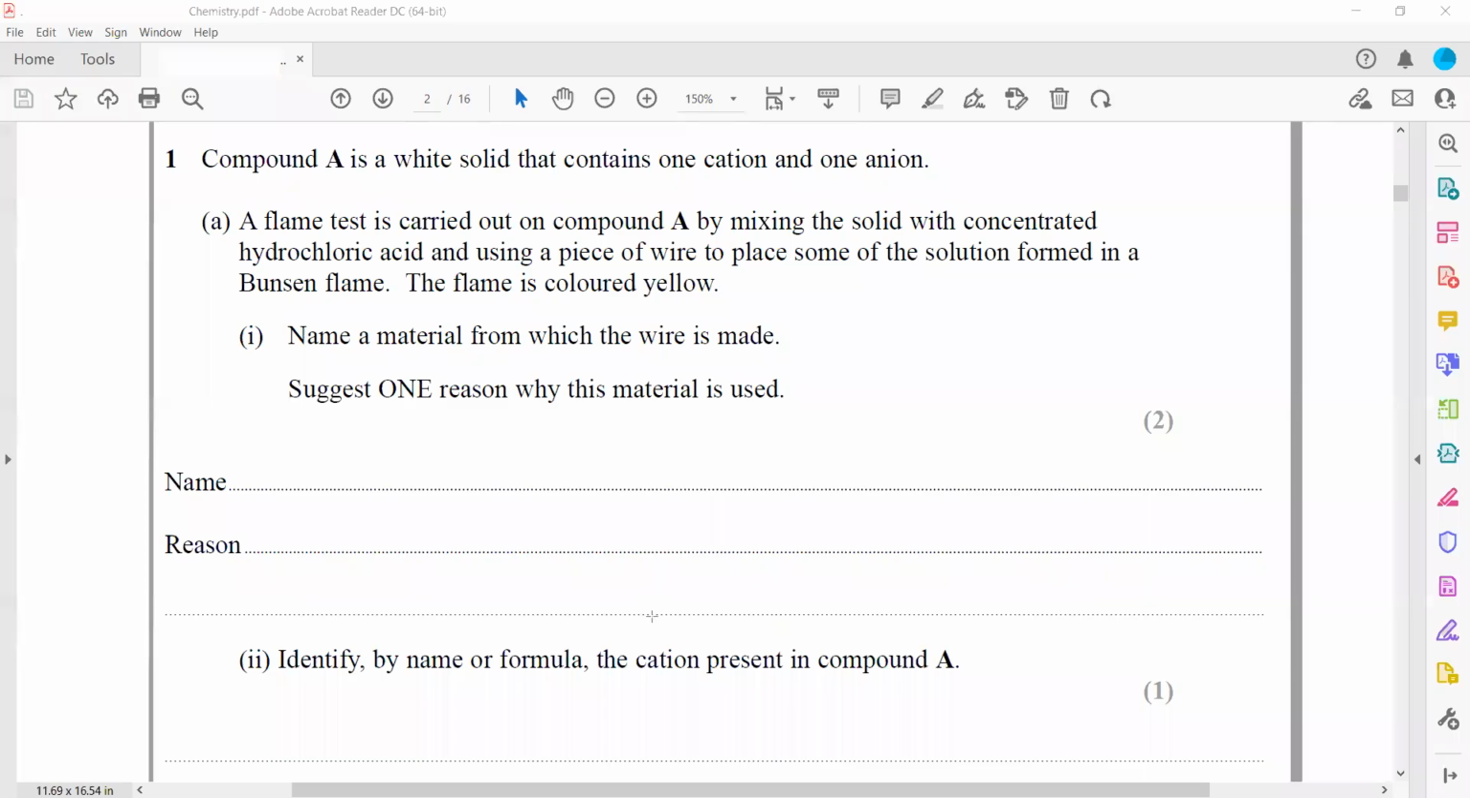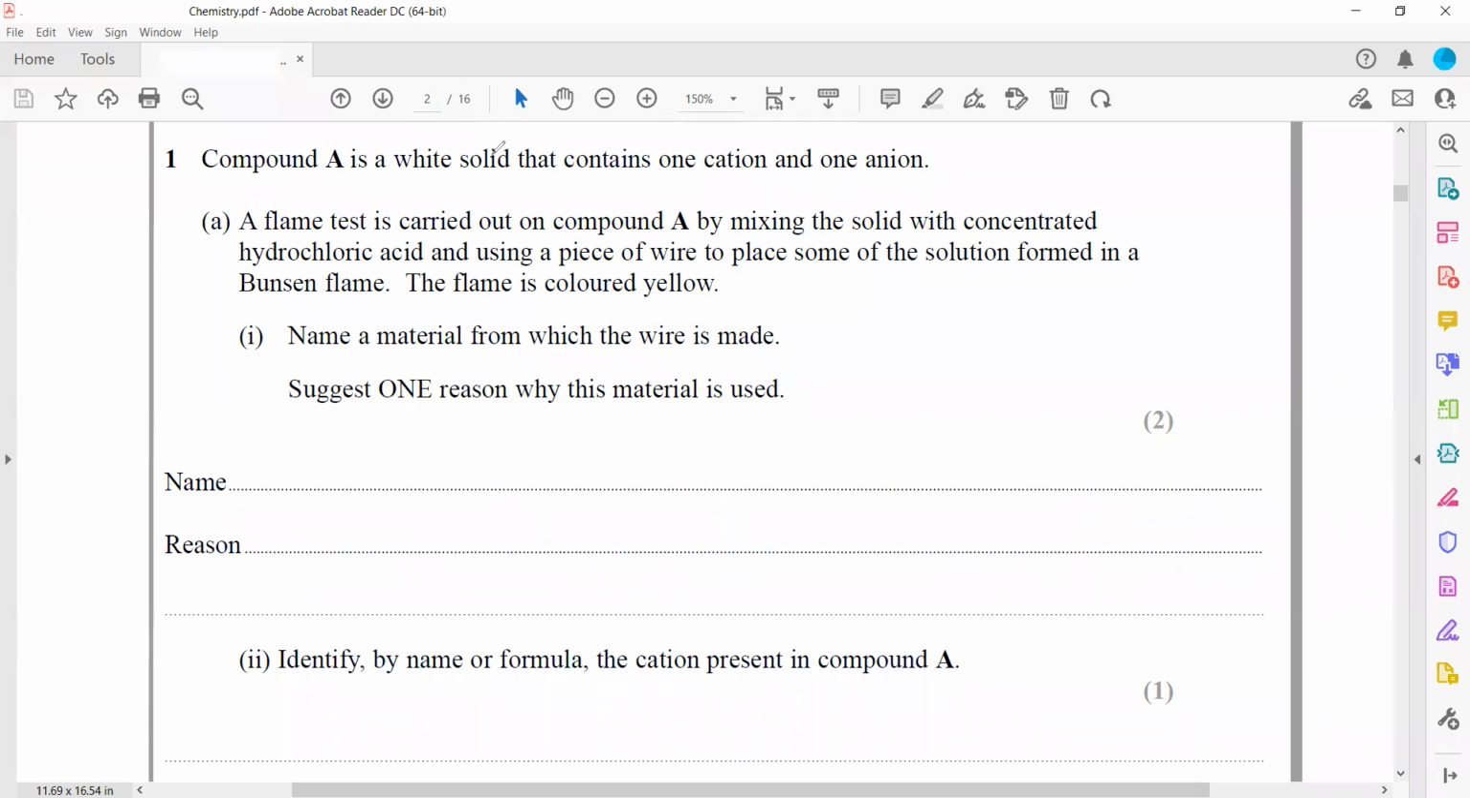So, analysis of inorganic compounds: how we can identify inorganic compounds. We'll do topic-wise questions related to that. So the first part,